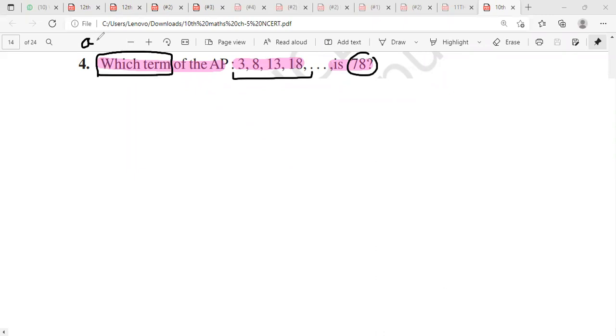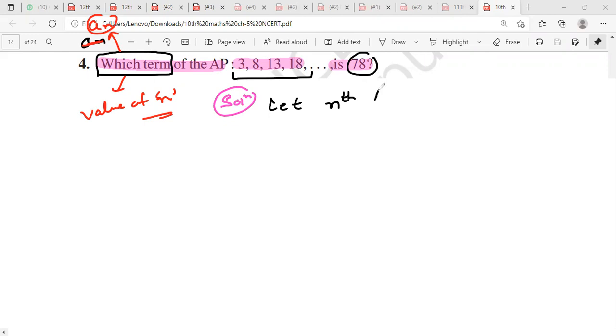तो विच टर्म का मतलब क्या होता है? n मीन्स बेसिकली आपसे पूछा जा रहा है वैल्यू ऑफ n कि कौन सी ऐसी टर्म होगी इस एपी की जो 78 होगी। और इसमें जो कंसेप्ट यूज होगा दैट इज कंसेप्ट ऑफ an। First of all what we will do, we will say, let nth term be 78, कि इस एपी की nth टर्म जो है वो 78 होगी।